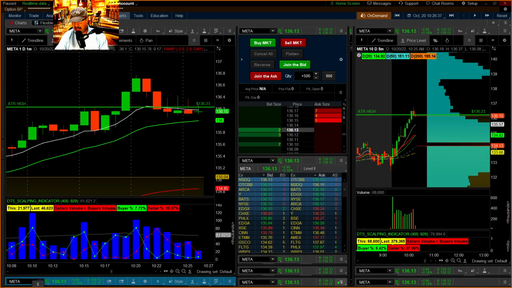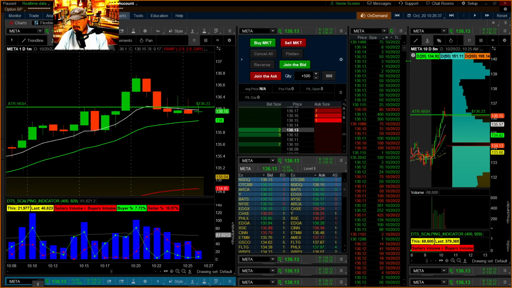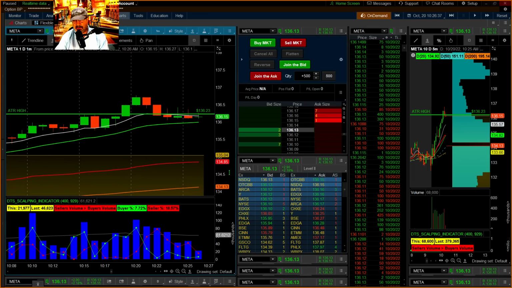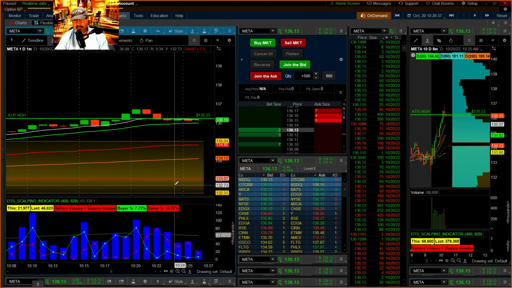So what I have down here is 4 hour, 1 hour, 15-minute. Then I have level 2, the ladder, and then the active trader. Here, what you don't normally see me have up is the time and sales. We do use this when we're using this scanner on momentum. Sometimes we'll break into a momentum trade on the 1 minute if it's doing some really hard back and forth in the channels, if it's banging back and forth really fast on a small channel, what we call the micro channels. Then having this information when you're only moving 4, 6, 10 cents,